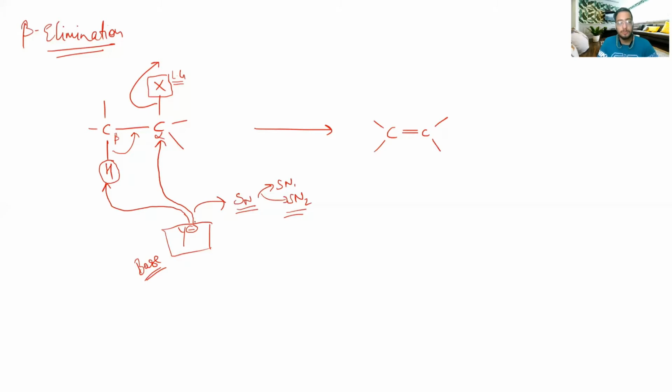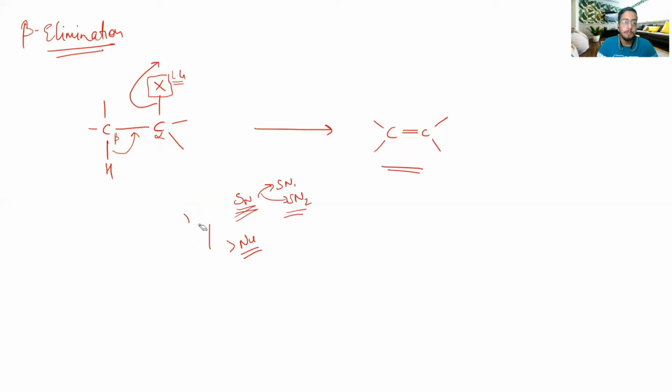So if the nucleophile directly attacks the carbon having the leaving group, then we call it a nucleophilic substitution reaction, and in that case we call this Y negative a nucleophile. But when this nucleophile attacks the beta hydrogen with respect to the leaving group and we get an elimination product or an alkene product, then we call it a beta elimination, and this nucleophile is known as a base because it is abstracting a proton from our molecule. Now this is the simple talk about the elimination.